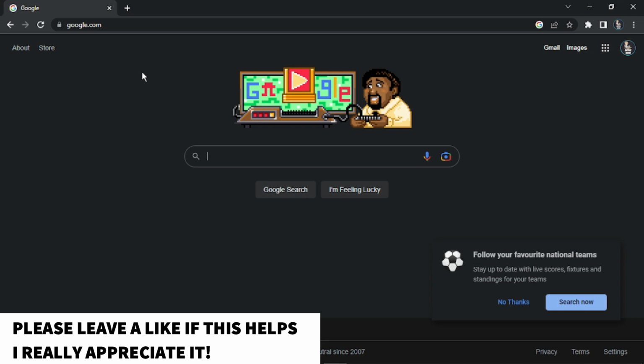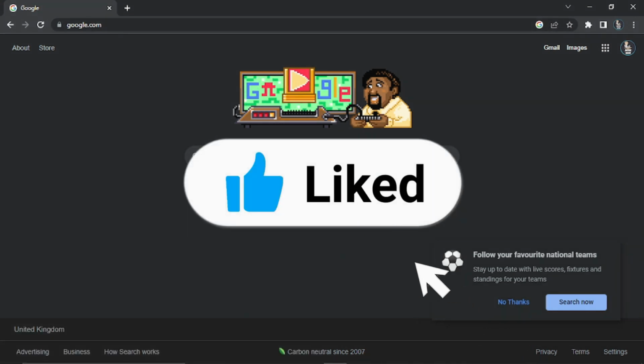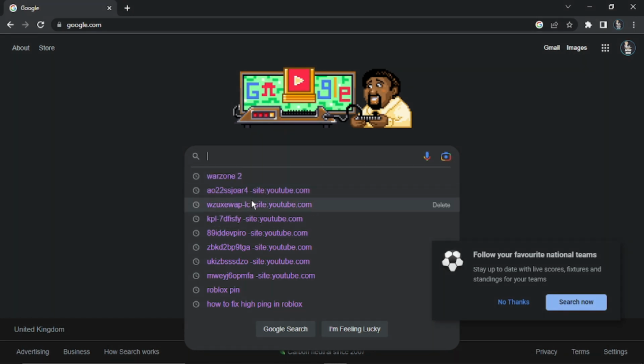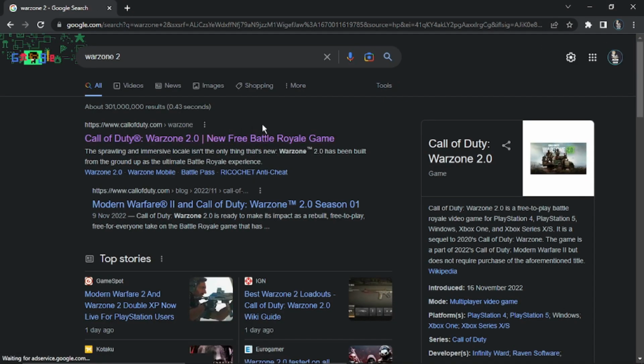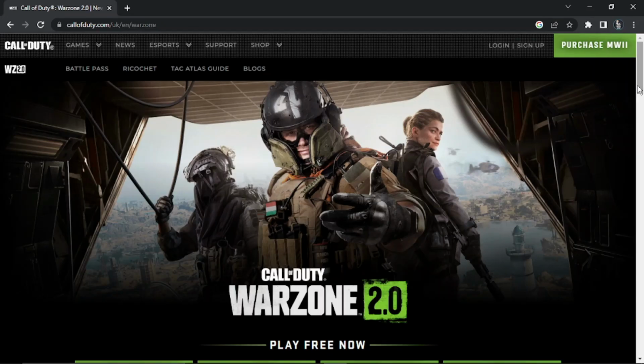So what you can do is come across to the official Call of Duty website and download it that way, but what I tend to do is come to the search and type in Warzone 2. And what you're going to want to do is click the top result down here. So once you get onto the website, this is going to take you directly to the Warzone 2.0 page, and